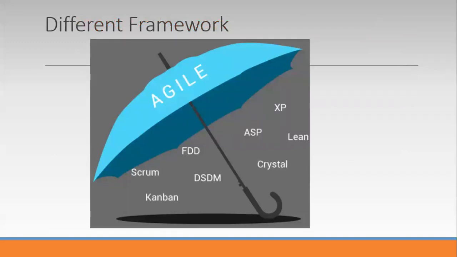In this picture, you can see that Agile is a big umbrella. Under this umbrella, there are different frameworks which are derived by keeping these Agile values and principles in mind, like Scrum, Kanban, FDD, extreme programming, Lean. So these are different frameworks. Now we are clear: Agile is a mindset, a set of methods, a set of values and principles, and by being inspired by those values and principles, a lot of frameworks are developed. Scrum is just a framework of Agile.